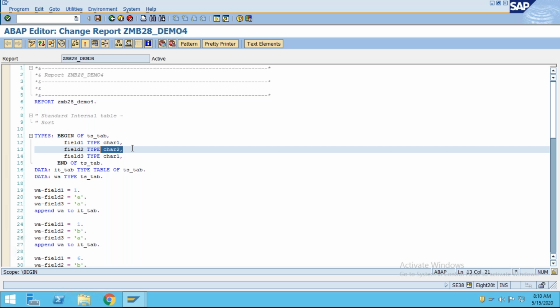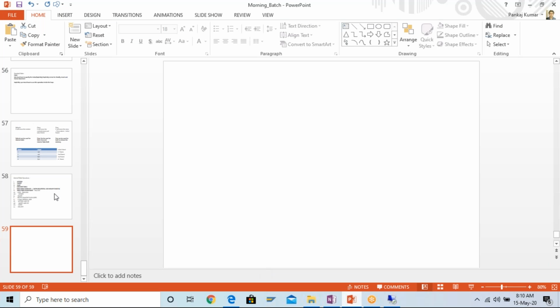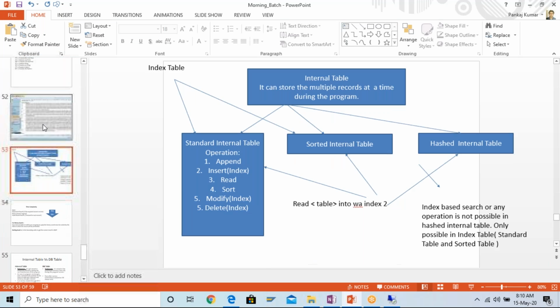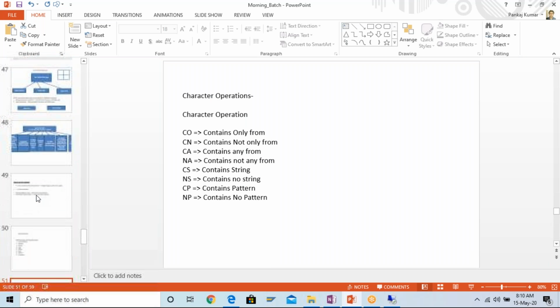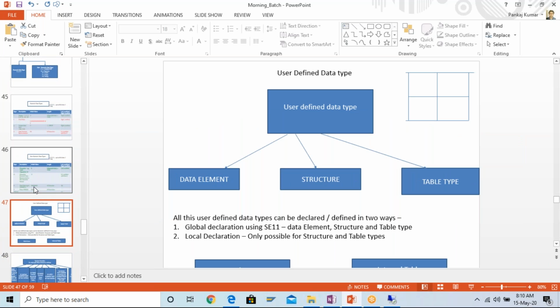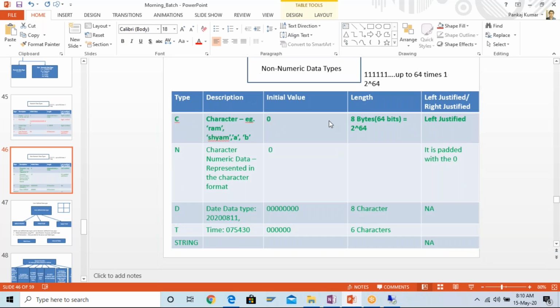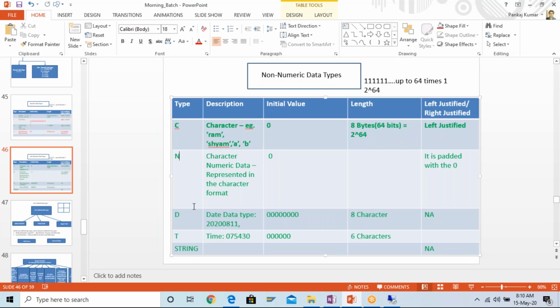If you remember, we have the non-numeric data type CNDT, which we created and saw in the data type chapter, right, CNDT. Come over here, a structure data element, and this is the non-numeric data type. So we are having the non-numeric data types C, DT and string. So if the data type is any one of these,